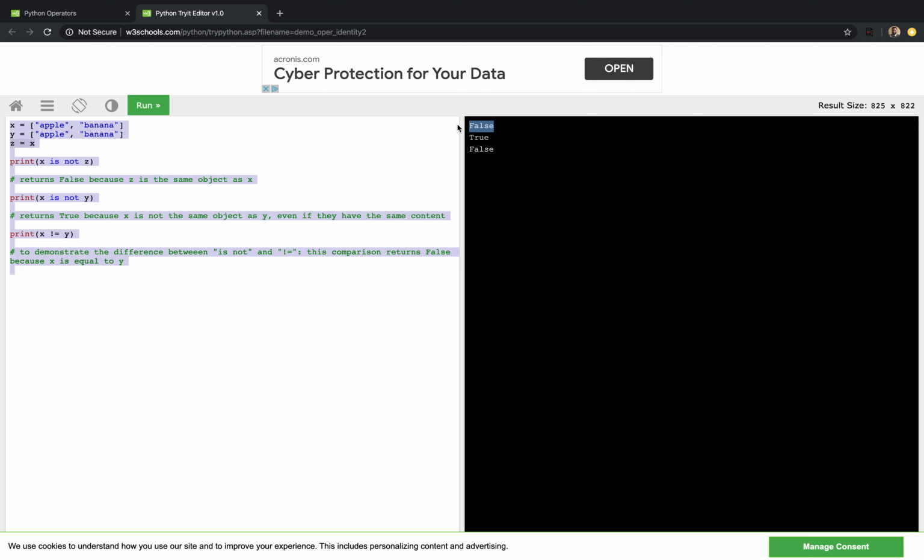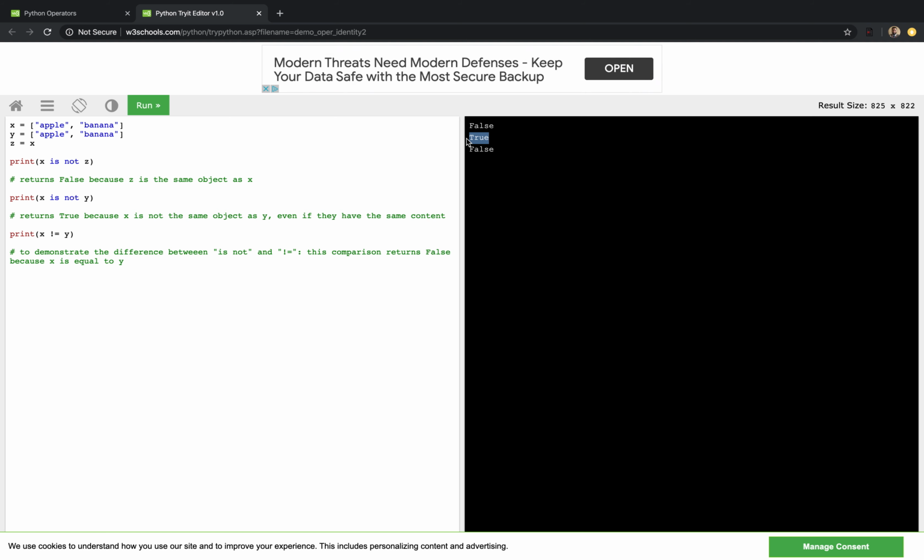That's why it returned false here. And if we say x is not y, that is true because these are two different objects. And x is not equal to y, that condition is false because the elements in both lists are the same, apple, apple, banana, banana. Okay,